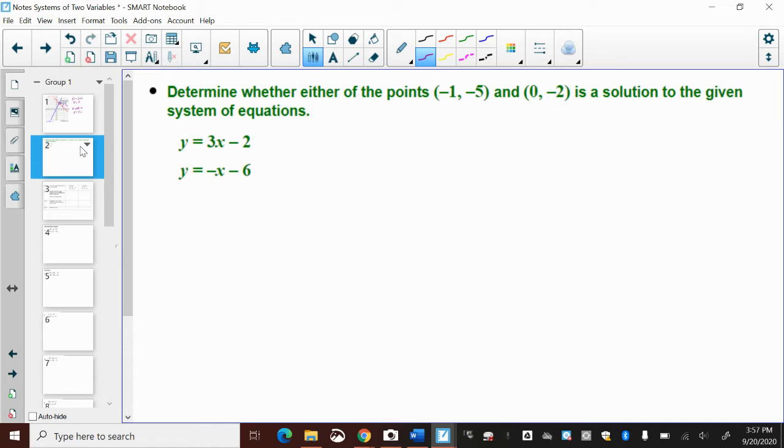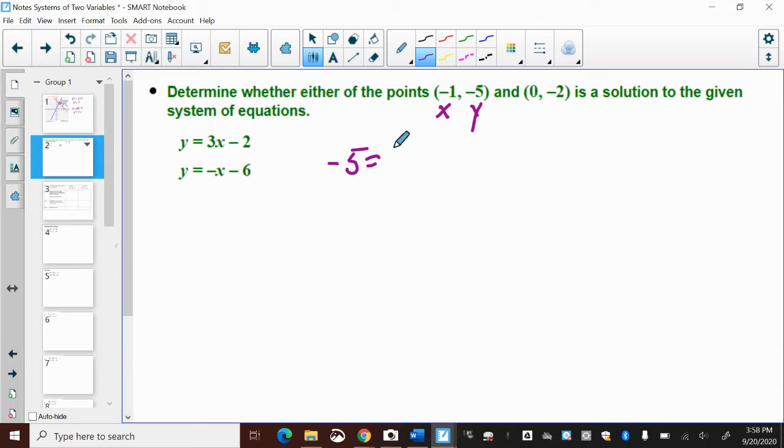Determine whether these points are a solution to the given graph. Again, that's kind of what we just did without seeing the graph. We just need to test in both of these. So let's test first the point negative 1, 5. Keep in mind that negative 1 is the x and y is the 5. So testing the first equation,